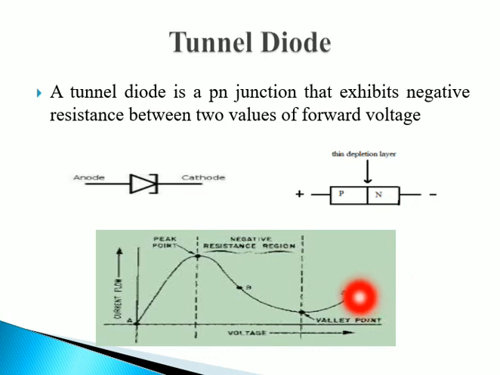Fine. Now whenever forward voltage is increased, your diode current will increase due to the tunneling effect, and if the tunneling effect is reduced, your current will start to decrease as the forward voltage across your diode increases. Now this is said to be the negative resistance region. As your voltage is again increased, the tunneling effect will be less, until it reaches a valley point. After that, your tunnel diode will behave like an ordinary diode, where if your current increases, your voltage also goes on increasing. So this is how the tunnel diode is explained.